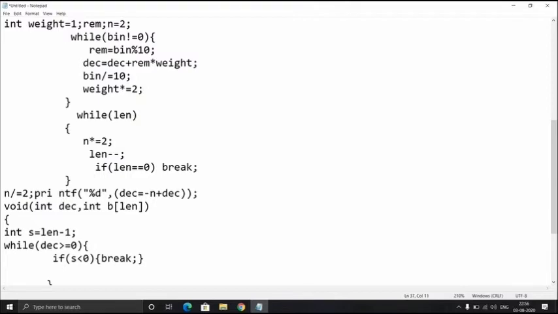Okay, I'm going to adjust the braces. It looks pretty. Okay, I'm going to decrement the s value.